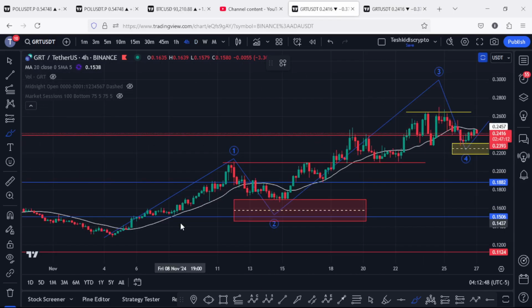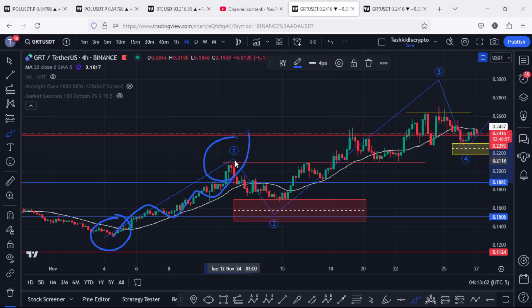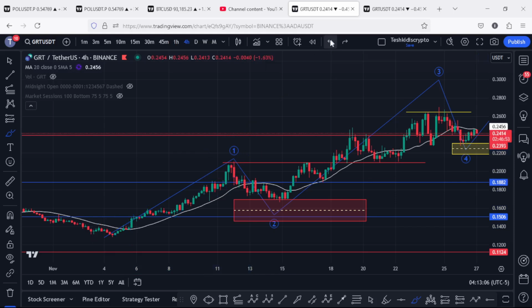Starting the video by first giving you a recap of what has been happening from the lows that we made on the 4th of November. You can all see that we first peaked to the upside in an impulsive Elliott wave count 1, giving us a high above the $0.2132. And after we peaked in that wave 1, we saw a bit of a corrective structure in an Elliott wave count 2 into the minimum target areas for that second wave, highlighted on the charts using this red target area,